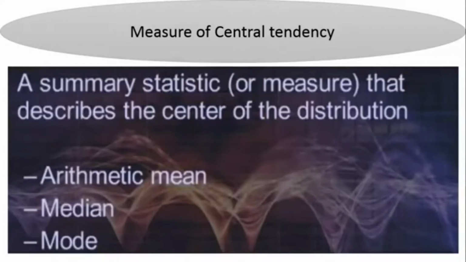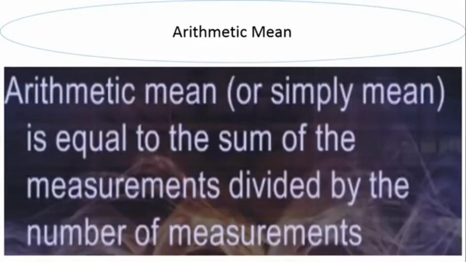So let's pass to the measures of central tendency. Central tendency is a summary statistic or a measure that describes the center of the distribution. The first measure of central tendency I'm going to show you right now is the arithmetic mean, followed by the median and the mode. So the arithmetic mean, or simply the mean, is equal to the sum of the measurements divided by the